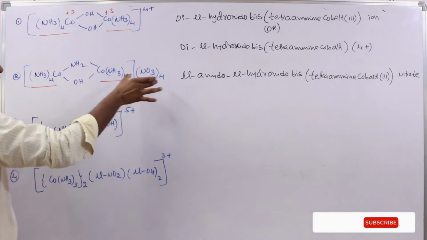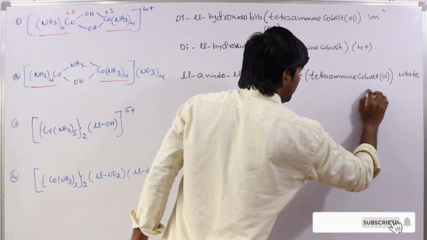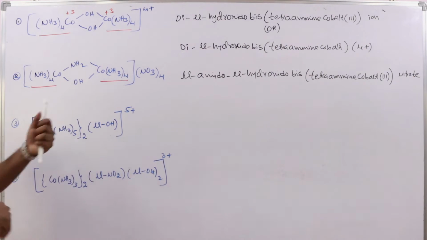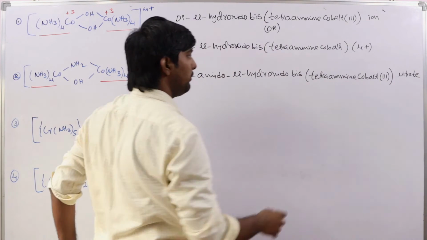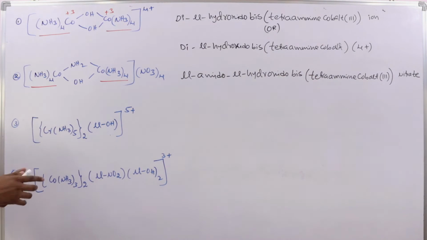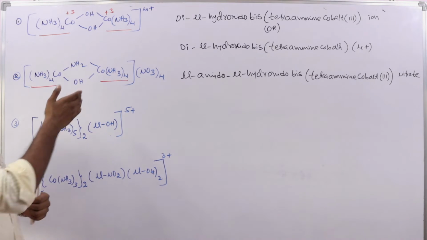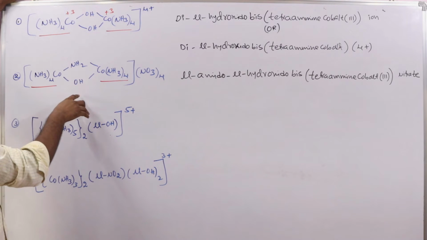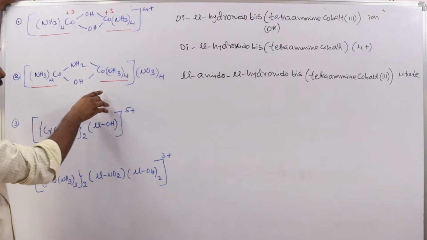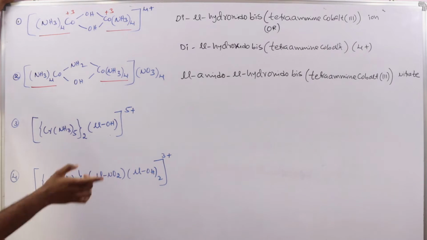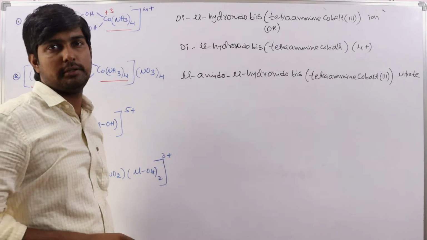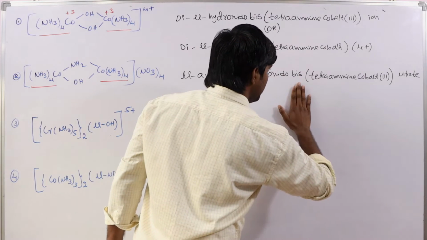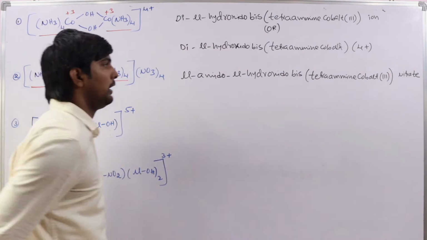This is the cationic part, and this is the anionic part. We write the cationic part, leave a single space, and then write the anionic part name. Here we are mentioning the oxidation state of the metal. Clear? According to the IUPAC rules, its name will be octaamine mu amido mu hydroxido dicobalt 3 nitrate. These complexes we already discussed in the previous lecture. And in this method, mu amido, mu hydroxido, bis tetraamine cobalt 3 nitrate.